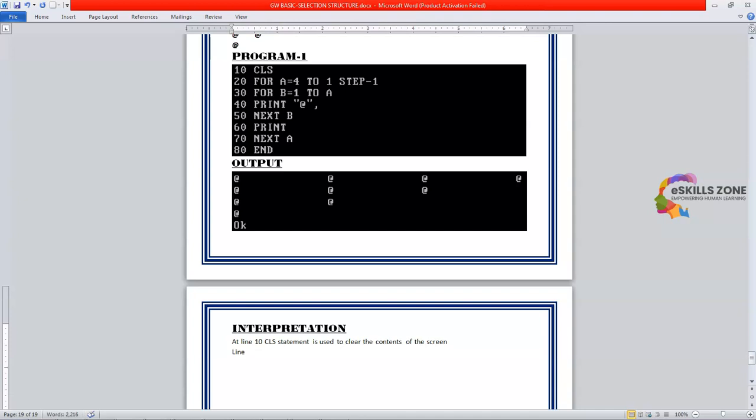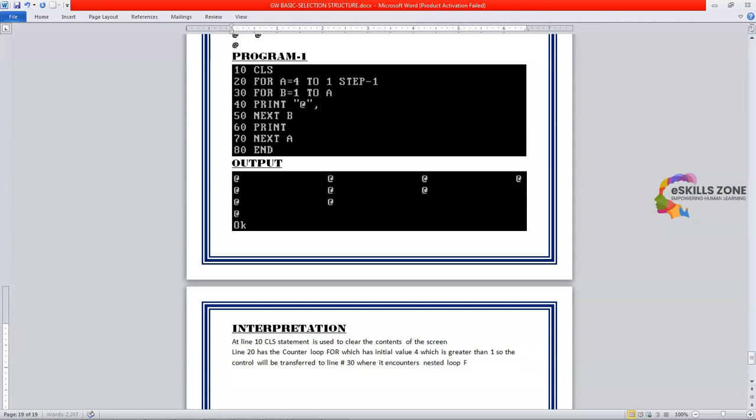Line number 20 has the counter loop for A, which has an initial value of 4, which is greater than 1, so control will be transferred to line number 30, where it encounters a nested loop